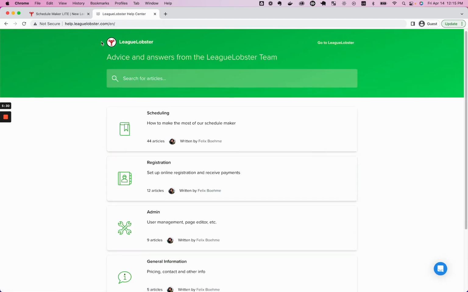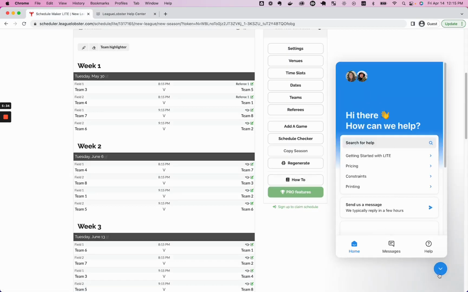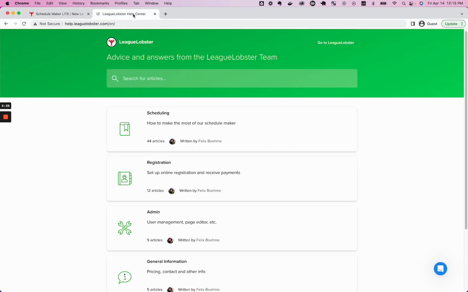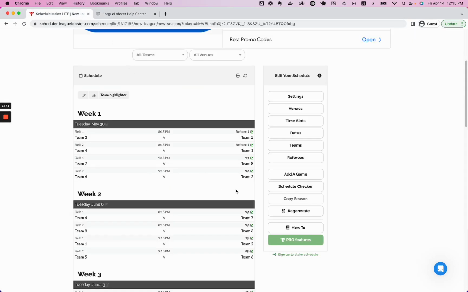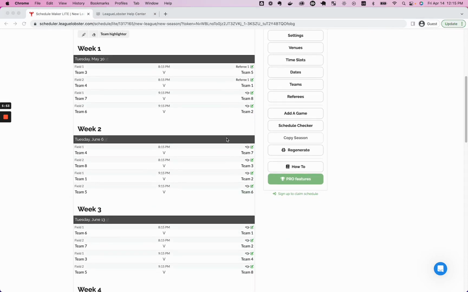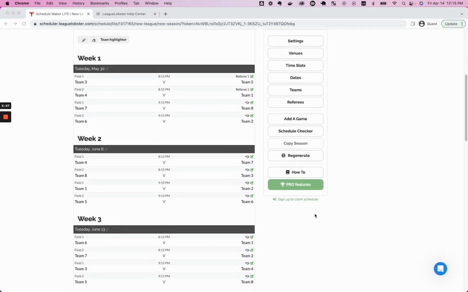We also have this chat button at the bottom here. If you ever have any questions, you can click that and talk to us. I just encourage you to search the Help Center first. Often that's going to give you the answer you're looking for without having to wait for us to get back to you. So if you're happy with your schedule and you want to use that, enter results, etc., and share it out with your players,